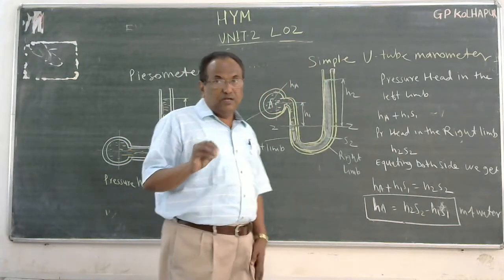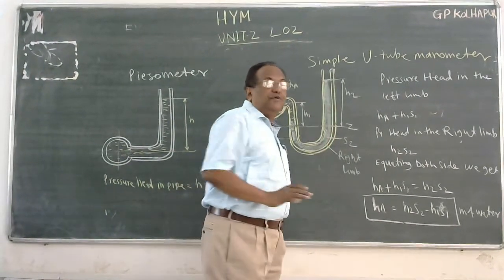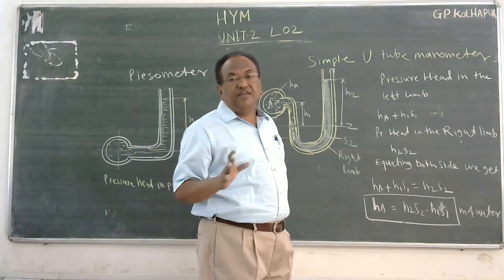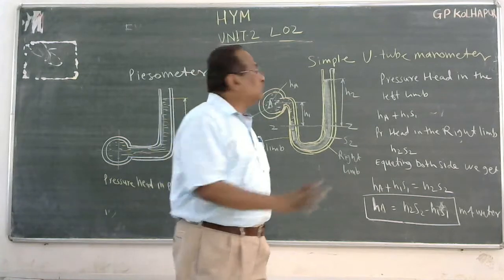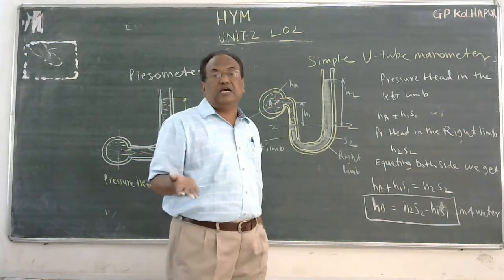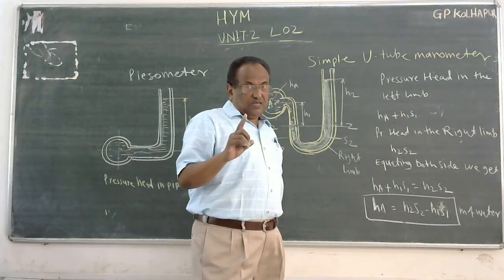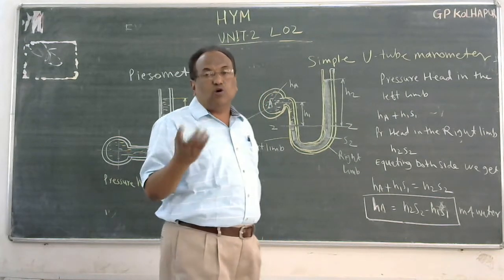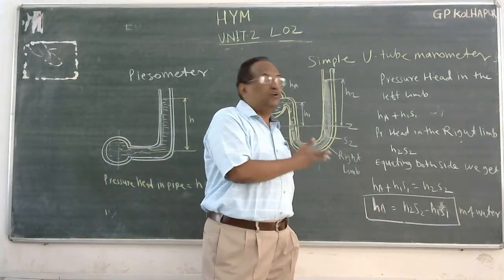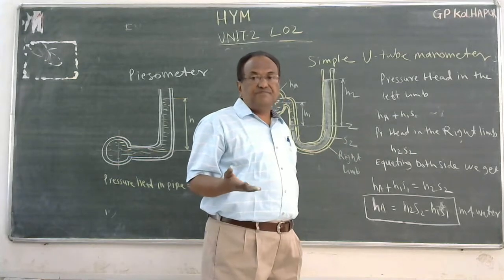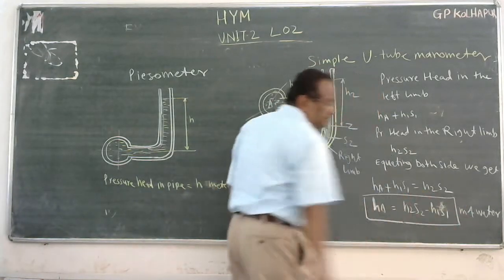A very important point, because we are multiplying by the specific gravity of the liquid. When we multiply the column of any liquid by its specific gravity, it automatically converts into meters of water, isn't it? If the liquid is water, naturally the specific gravity will be 1, and whatever is the height of the column, that will be the same as that liquid. That is the important point which we have to know.